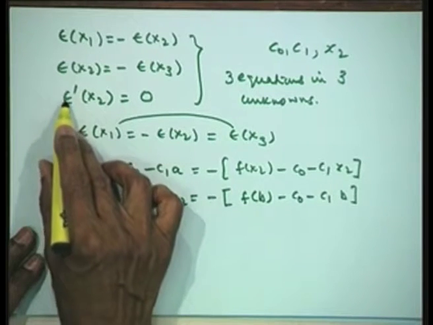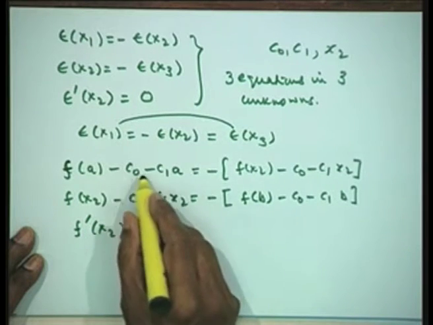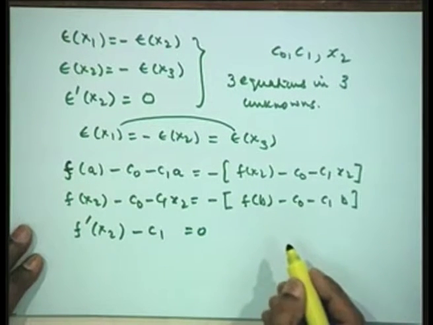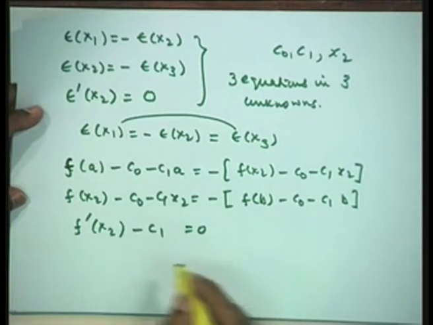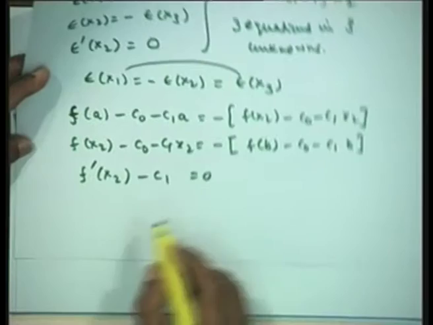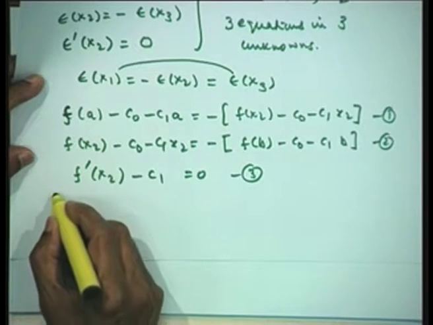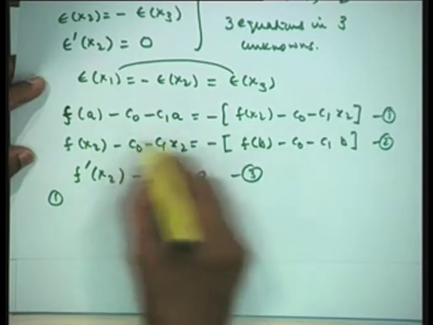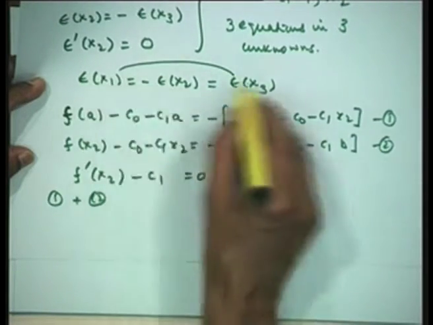Now, I differentiate epsilon. So, if I differentiate, I will get f dash at x 2, derivative of C naught plus C 1 x. So, I will have simply C 1 is equal to 0. Now, I need to solve these 3 equations. Let us use this equation, that is I subtract these 2 equations. So, let us number it as 1, 2 and 3. I take it to this side and then write it as add it. I can take it as addition of these 2 equations or as equating these 2 equations.